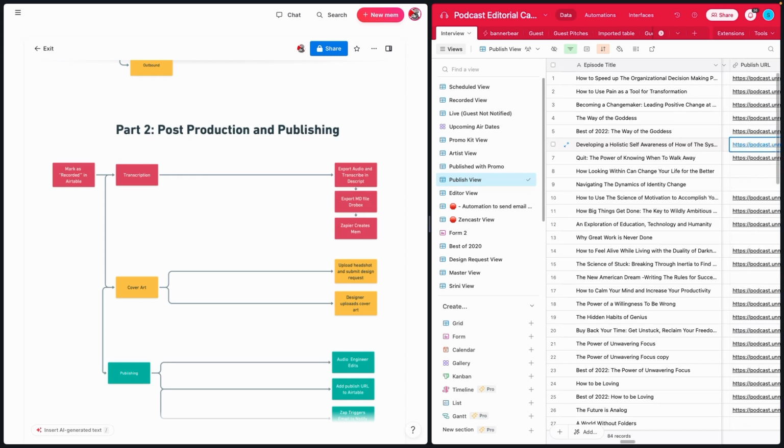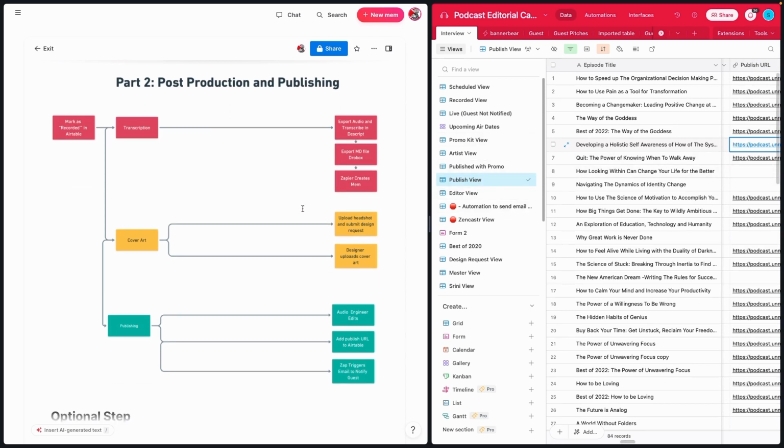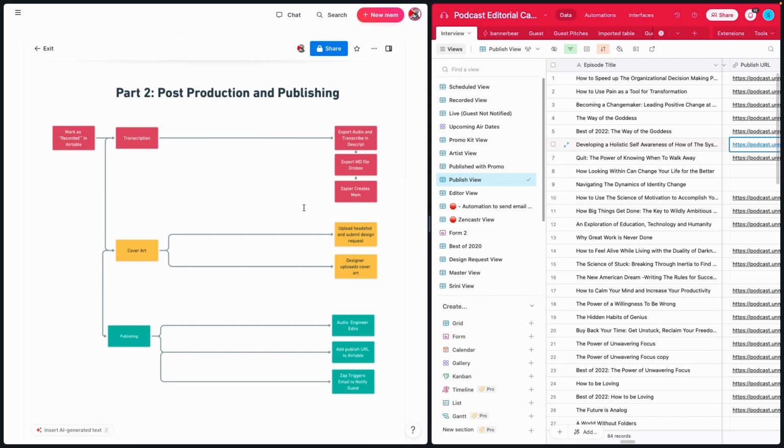And once that publish URL is there and we mark it as published, it automatically triggers a notification to the guest via Zapier. So